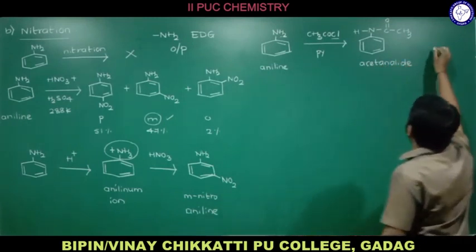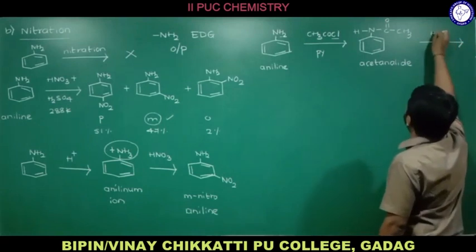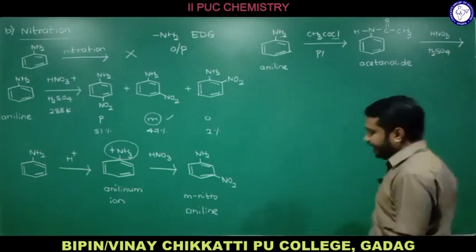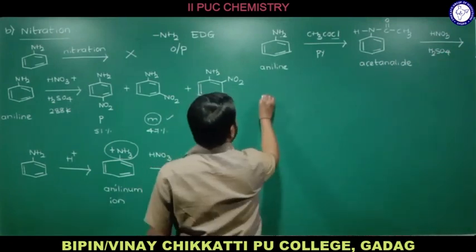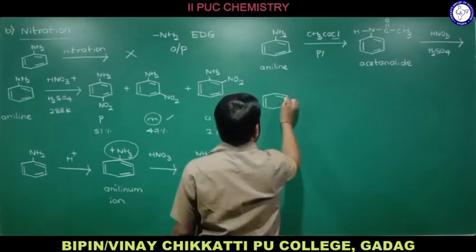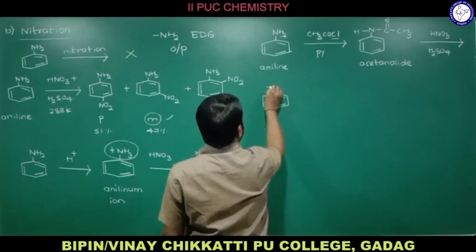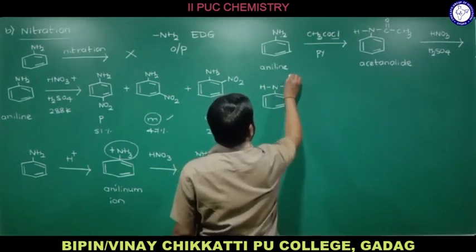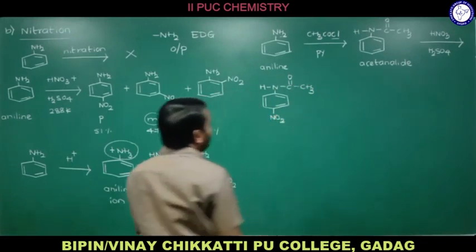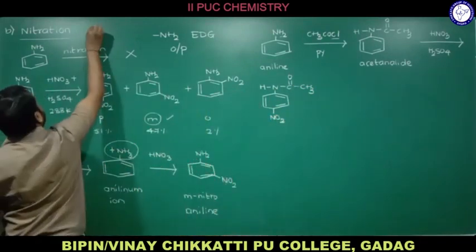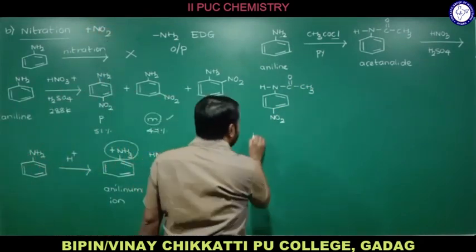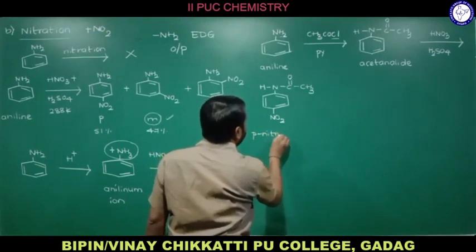When acetanilide is treated with the nitrating mixture, that is concentrated HNO3 and concentrated H2SO4, we get a para substituted product. Remember, in case of acetanilide, if you carry out any electrophilic substitution reaction, we get a para substituted product only. So NH we have here, C double bond O CH3. So here we are going to get NO2. So try to know in the nitration, as I told you, NO2 will be the electrophile. So NO2 we are going to attach here. So the name of this compound will be para nitro